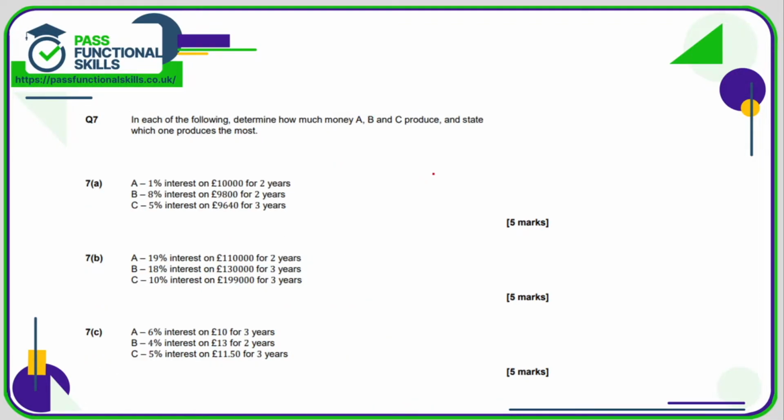So for question number 7, we are asked how much money A, B and C produce and which one produces the most. Now we need to be careful here because it's not for 1 year, it's for multiple years. So here it's 2 years and 3 years. Our calculation usually would be 10,000 multiplied by 1.01. But because this is for 2 years, the calculation is going to be 10,000 multiplied by 1.01 and then multiplied by 1.01 again. And this comes to a total of